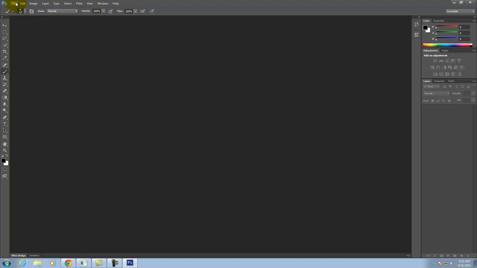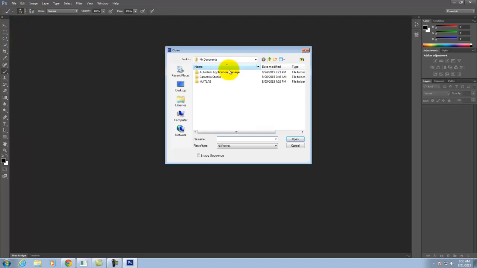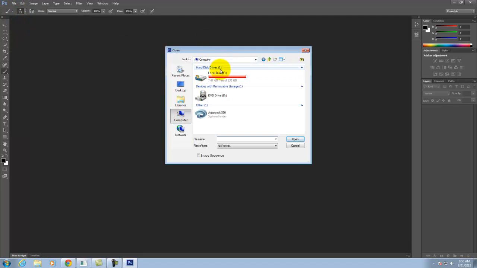So the first thing that I want to do is open an image to work with. And you guys are going to pick 3 images today to work with, and you're going to make 6 versions of those 3 images. So you're going to end up making 18 total images. Right? I'm going to pick one and go through it so you can see as I do it step by step, and you're going to repeat it. Okay? So I'm going to go to File and then Open, and I'm going to jump to my flash drive here, assuming that it's plugged in,